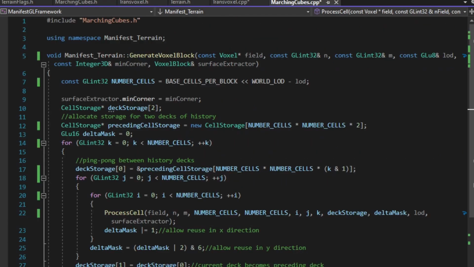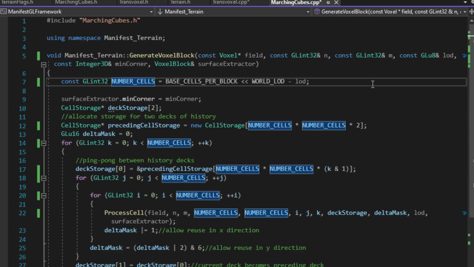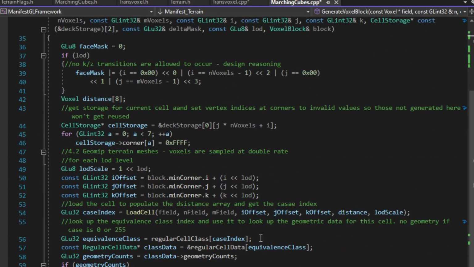Before I head off and show a demonstration of the extraction, we need to go over some augmentations to the modified marching cubes algorithm I showed in the previous video. As previously mentioned, the number of cells visited is now determined by shifting the base number of cells per block by the LOD offset. Inside of the processing cell, at the beginning, we create a face mask variable and do